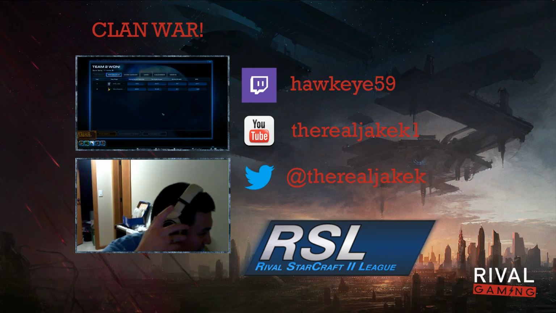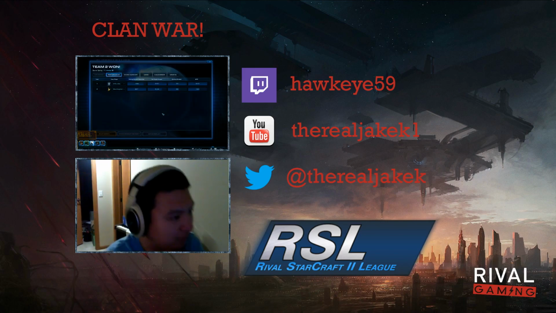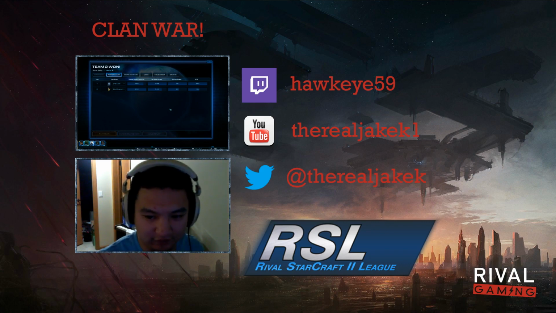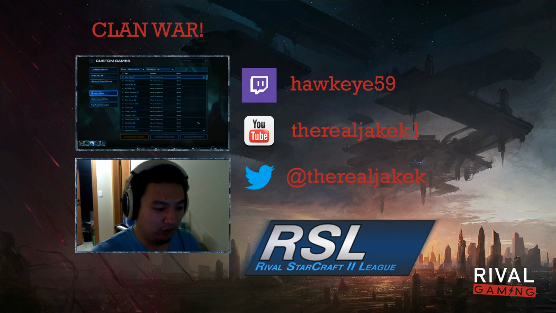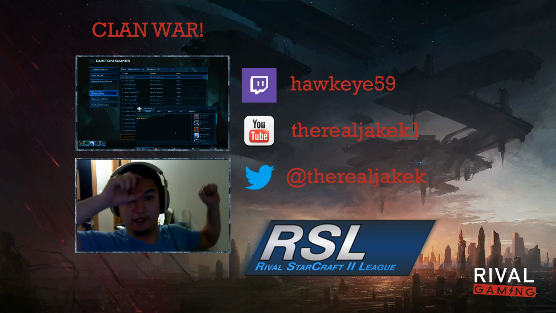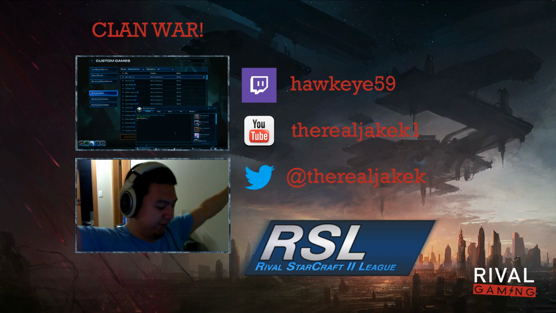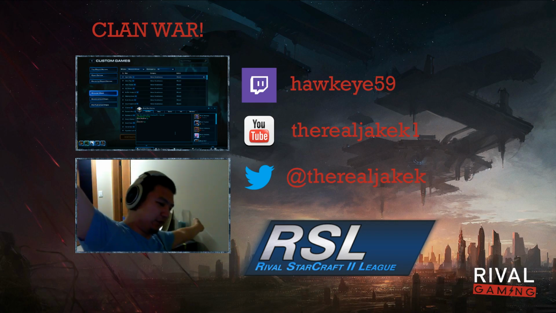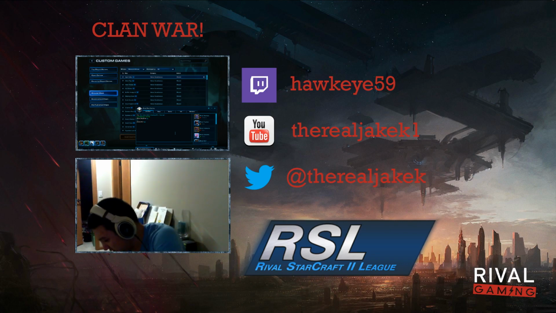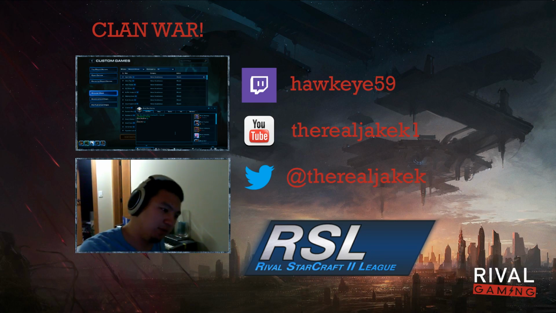So good Void Ray bust by Rival Siegfried. He gets the win for Rival Gaming. So we're gonna see who comes out from 440. They know that Siegfried is capable of pulling off a Void Ray bust, opening up with the double Oracles and then transitioning to Void Rays, getting a couple gateway units and doing some pressure and such. But so who are they gonna send to be able to counter